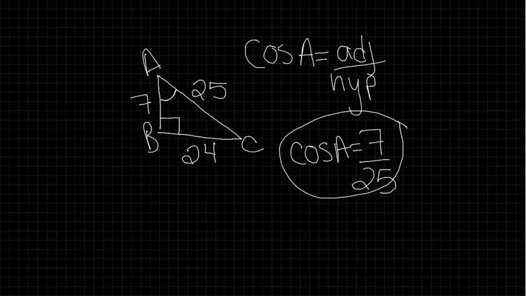So if we go back to our first slide here, we have shown our triangle and how cosine of A is adjacent over hypotenuse. So no matter what triangle we are given,